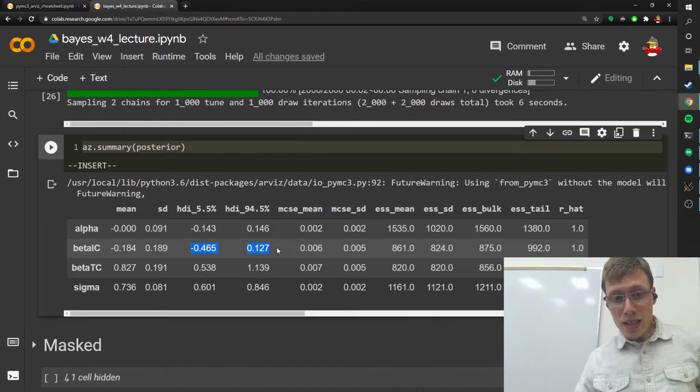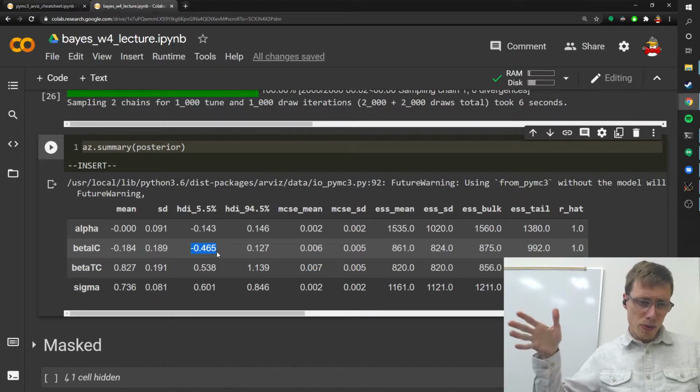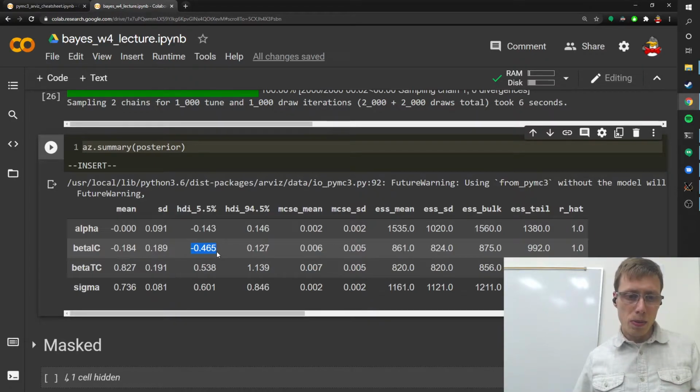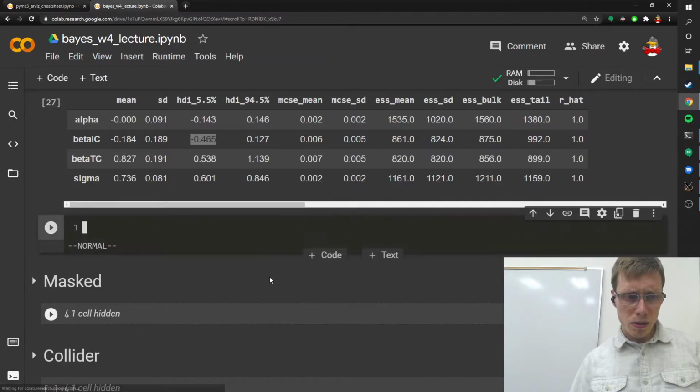Well, we can't say that there's no evidence of a strong effect, because if in reality it was a minus 0.4, it'd be a pretty strong correlation between the two. But we don't have enough data, so we still have pretty wide error bars. But the error bars definitely include 0. And to show that, we can do the